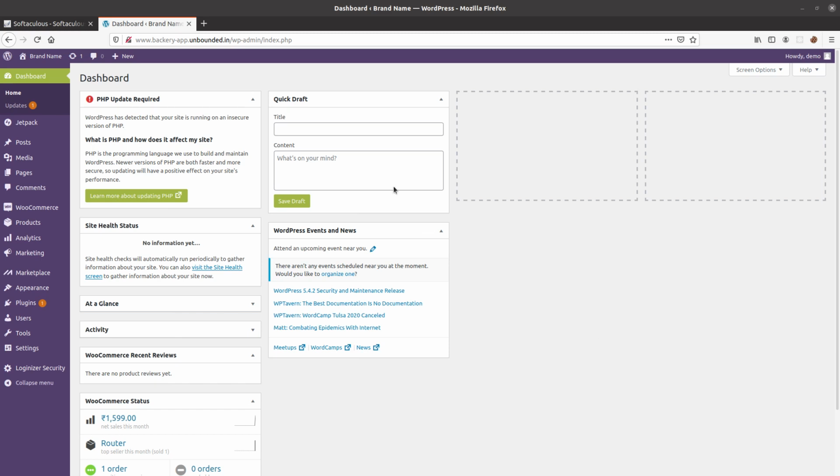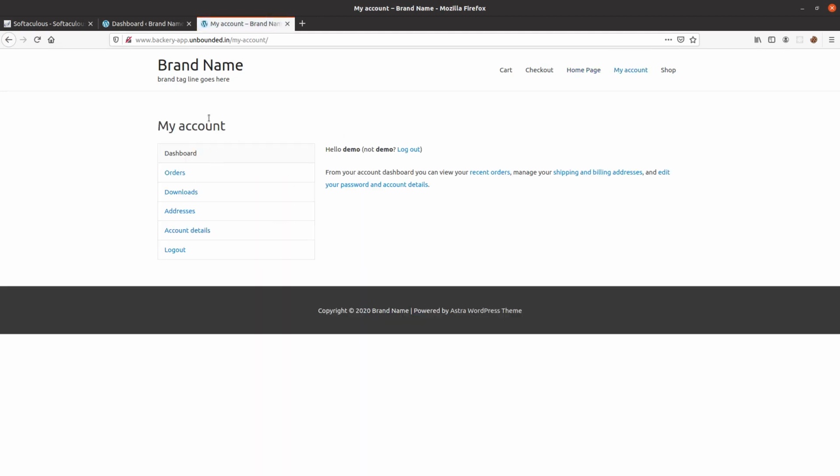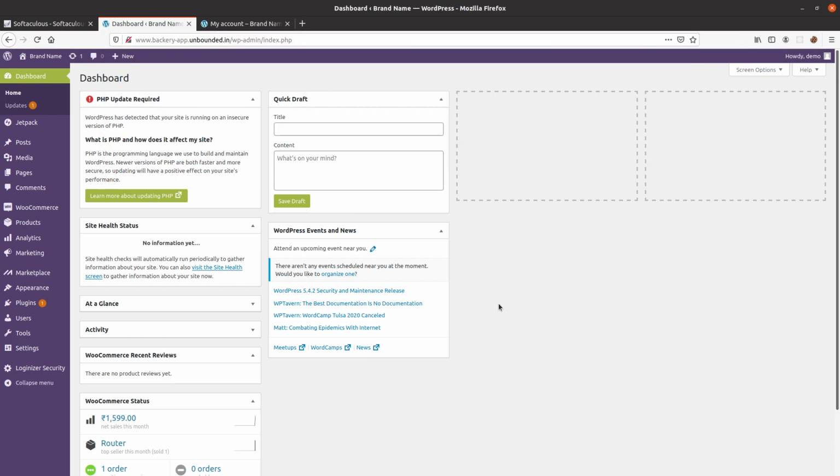Your customers will never have access to the admin dashboard. They will have access to the My Accounts page that we have already seen, where they can manage their own shipping address and all their content. So this is the access that customers will have. But you want the sales manager to have access to this, and you should not share your username and password.